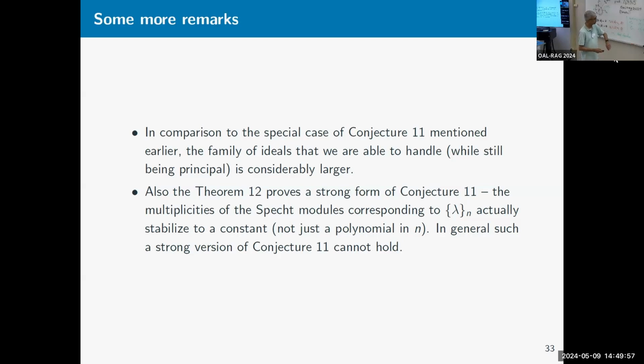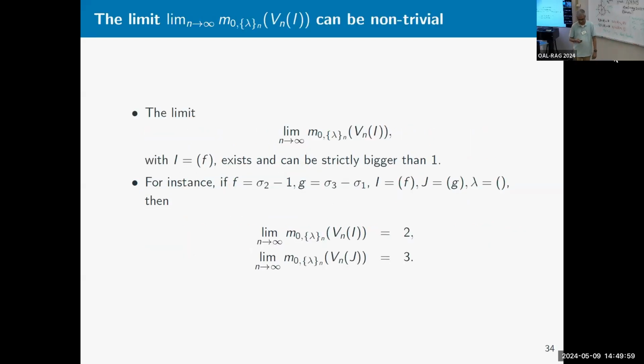Okay, so I'm almost out of time. I just want to mention that this limit, in the case where it's not necessarily 0, is not trivial. You might think that in this case it will always be connected and it exists just because it's connected, but that's not true. When this exists, it can be strictly bigger than 1. And the examples are quite simple. If you take this symmetric function, then in the limit you get 2 connected components. And if you take that one, you get 3. So it can be a non-trivial